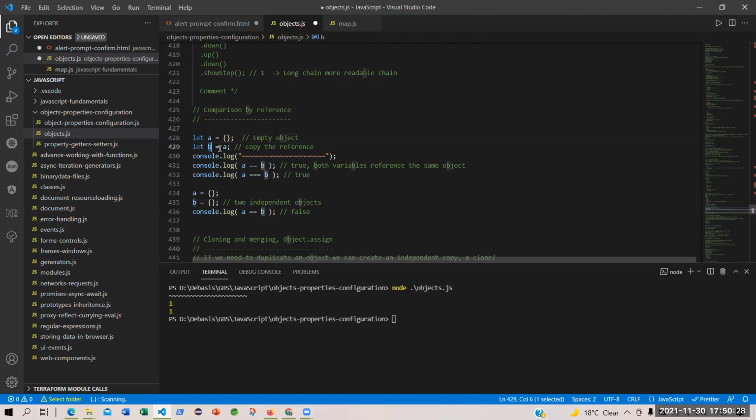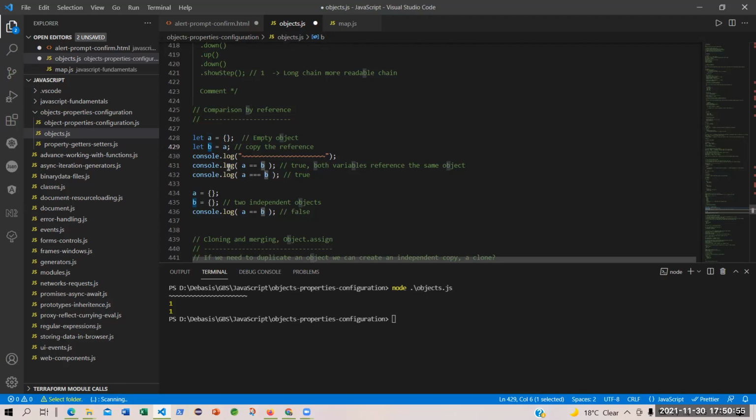And then I am assigning, by coercion, the reference of A, which is an object, into B. So B becomes an object by reference because I have copied the reference of A to B. So B also becomes a reference of an object, basically an object.